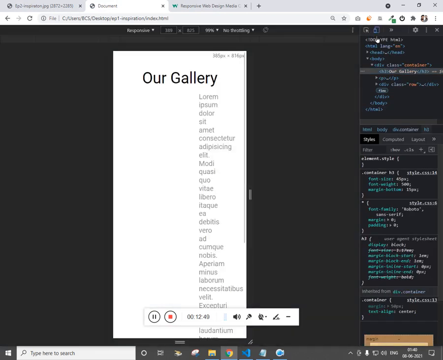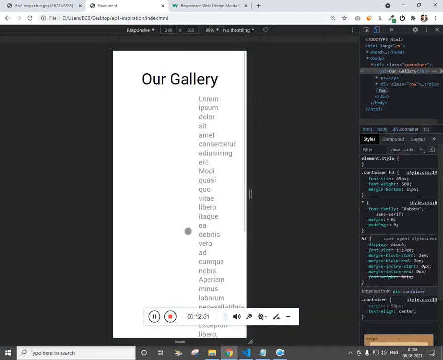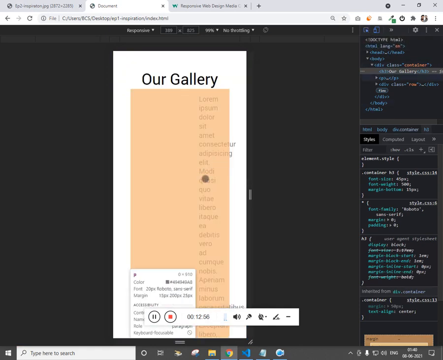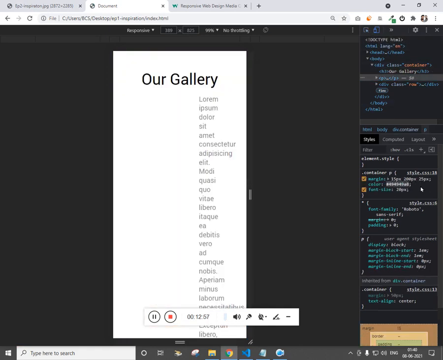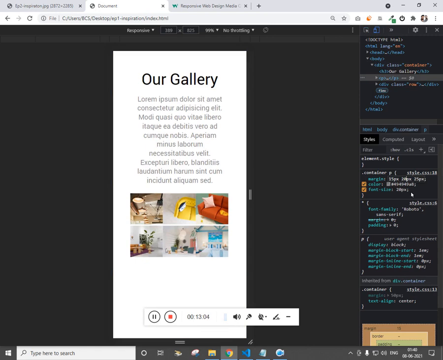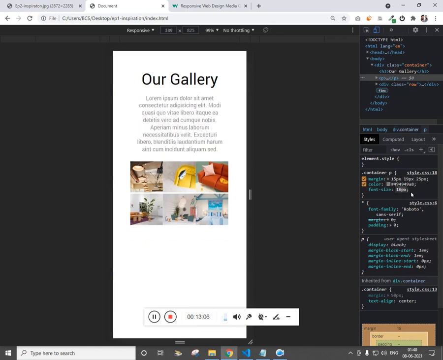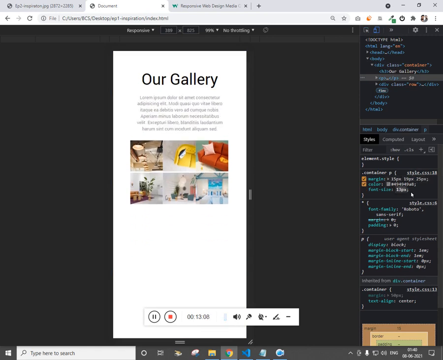Click on this, and now if you see, the left and right for the paragraph is too big. Let me make this 20. Let me decrease the font size.